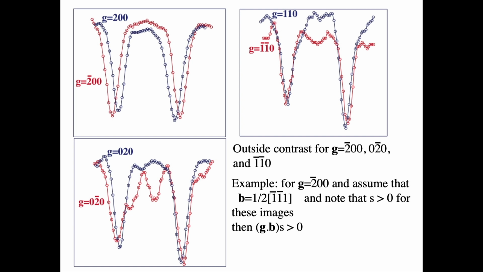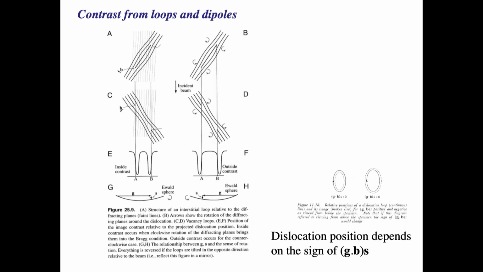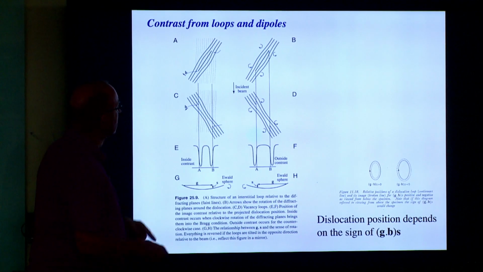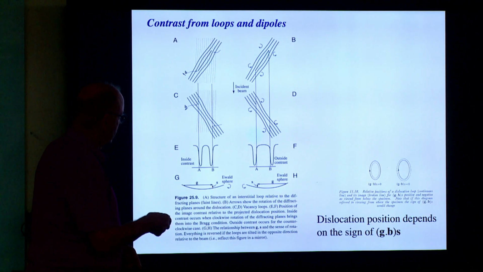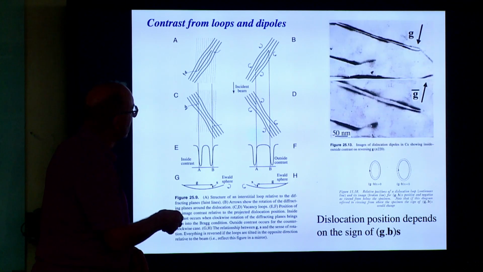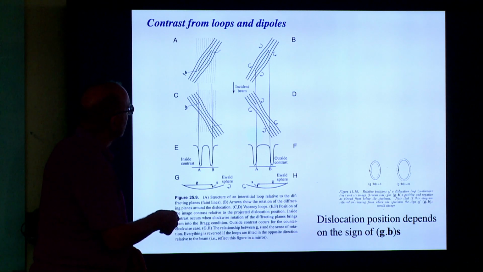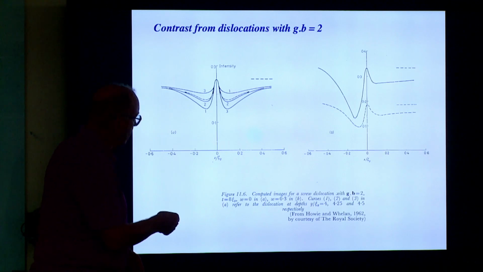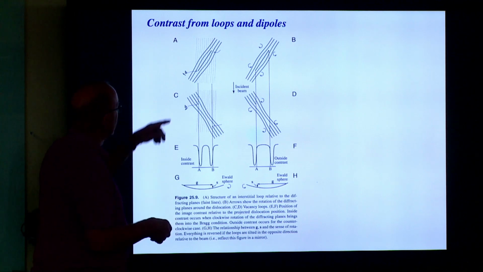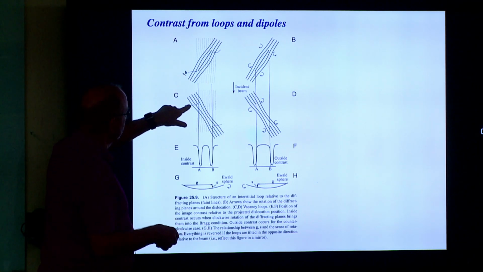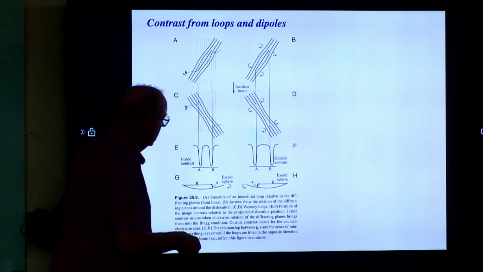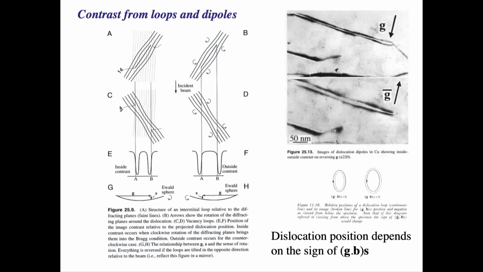If you're interested in really seeing that, let me go back here. We go from here, where we define what we're getting in terms of outside and inside contrast. The version I had before had the Burgers vectors marked on here, but okay. What we have here is the Burgers vector: it's up in this direction, and the Burgers vector is in that direction. For these, up in this direction and down in that direction, and that's how you then come to know that when I go forward now,